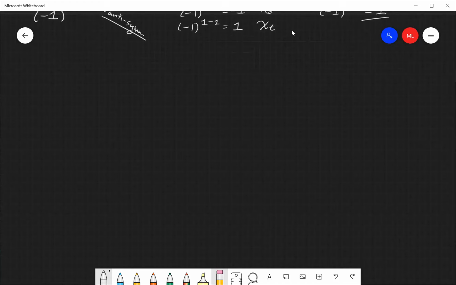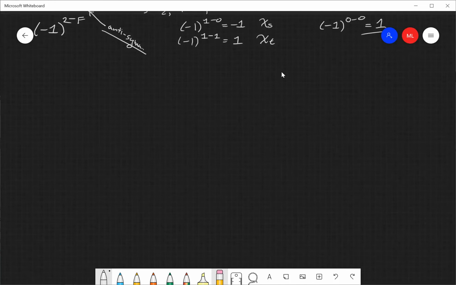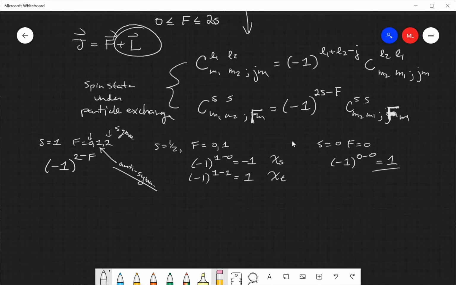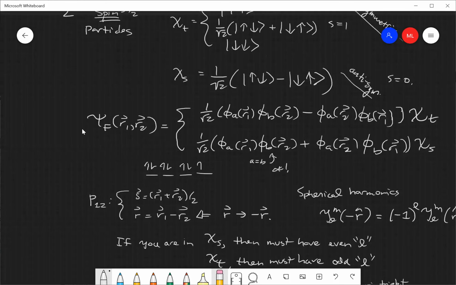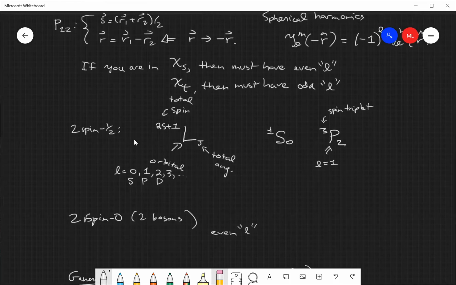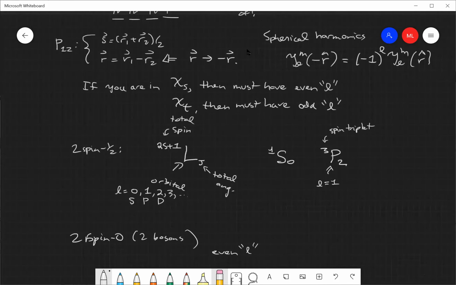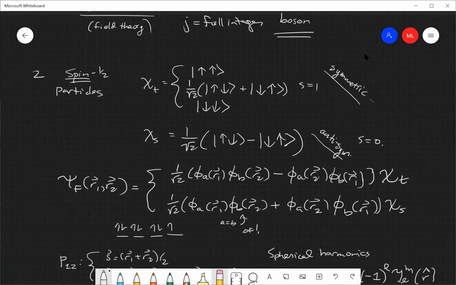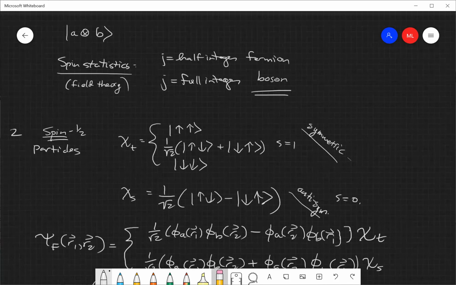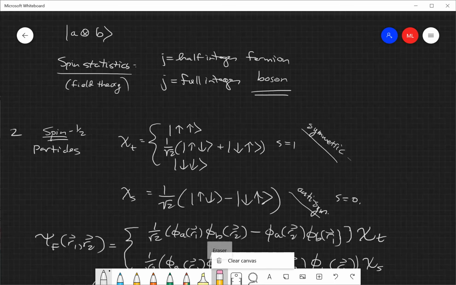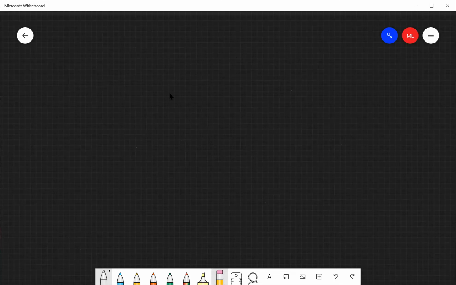So, I'm kind of running out of room here. I'm going to clear this. So that's the general case. We looked at 2 spin 1/2, 2 spin 0s. This is the general case. Okay, so I'm going to clear this. So this actually